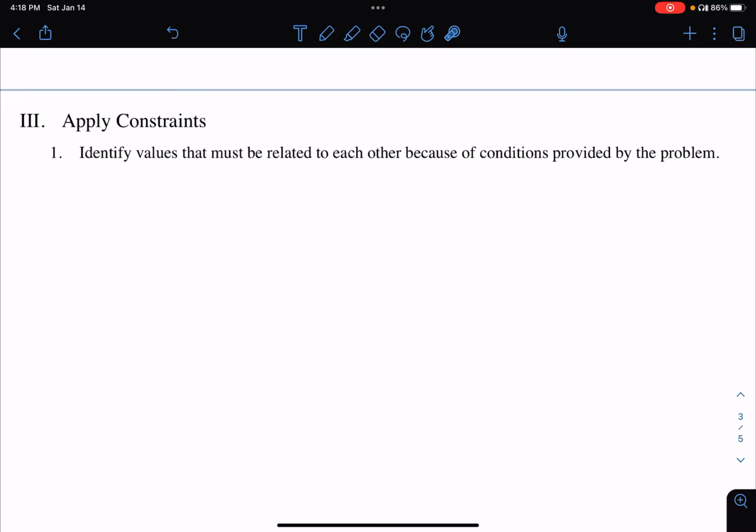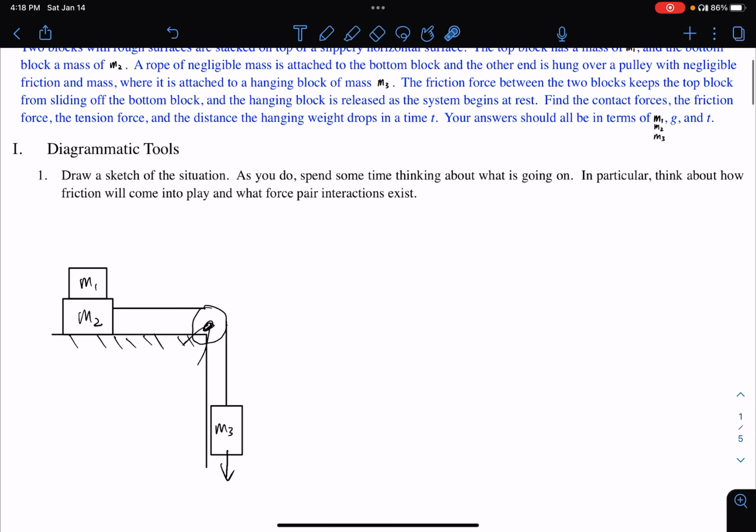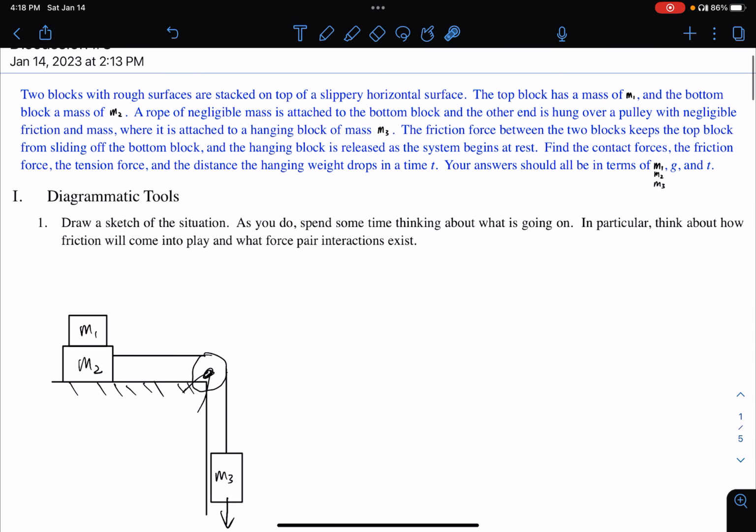Now let's see if there's any constraints that we can use to simplify our problem. Let's look at the conditions provided by the problem statement. It says that the friction between the two blocks is keeping the top block from sliding off the bottom block. This means that these two blocks must move with each other, and therefore they will have the same acceleration in the x direction. This gives us a condition that the acceleration of block 1 will always equal the acceleration